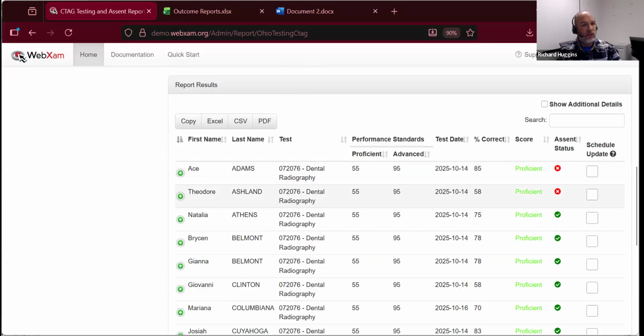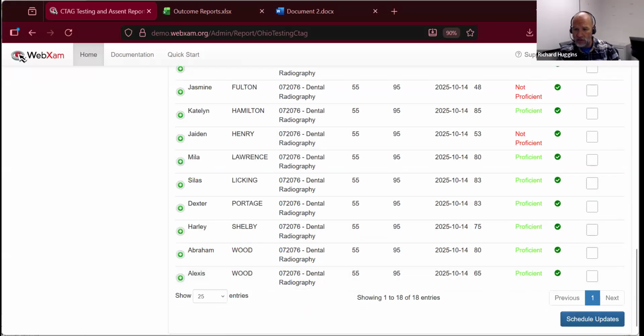So if you want to give those students an option to change that agreement, you can choose the schedule update option here. And you do that by selecting this checkbox. And you can select multiple students. You can have students reaffirm if you want to. But in this case, we'll just check these two students